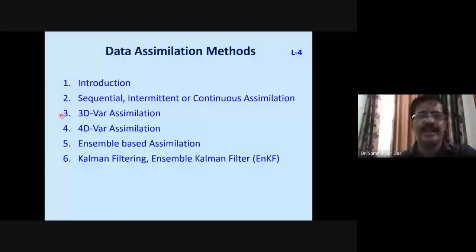Of course, it requires larger computing time compared to your Cressman technique or successive correction method, or even the optimum interpolation method that we discussed yesterday. But still, it can be done in reasonable computing time if you have a reasonably good workstation or a server, right? It doesn't require a supercomputing machine for that. Obviously, for other things like the ensemble-based data assimilation system, you need more powerful computers.